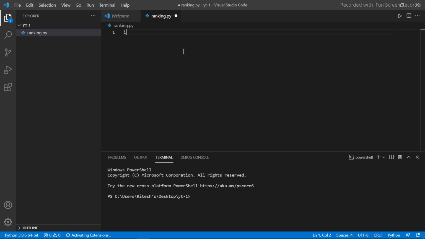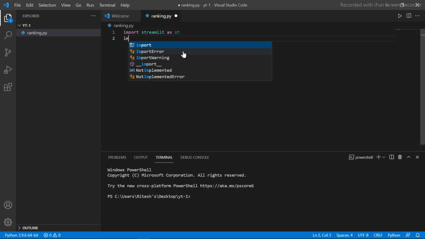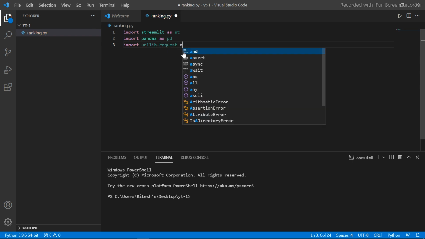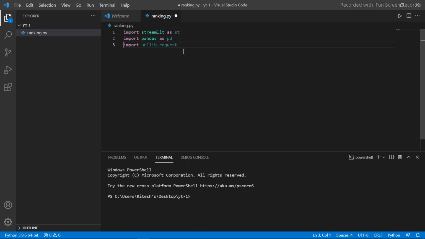Now I'm importing the libraries which will be needed in this app. Import streamlit as st, import pandas as pd, import urllib.request, and from urllib.request import Request and urlopen.